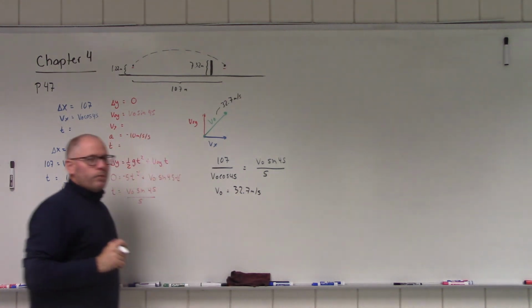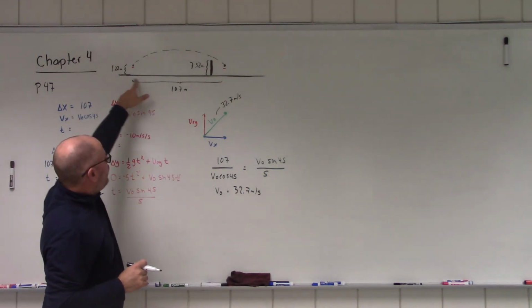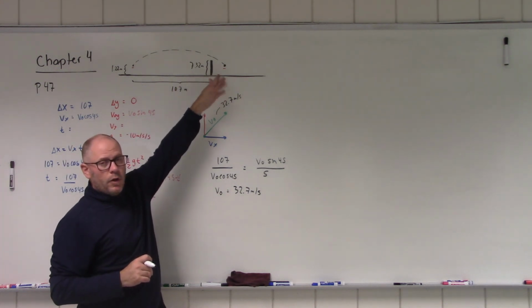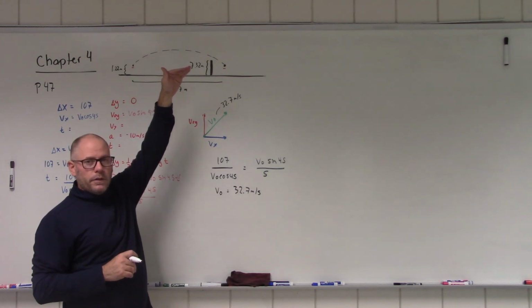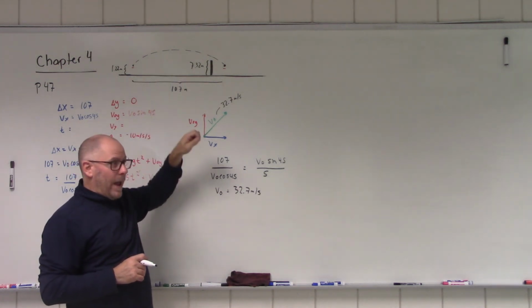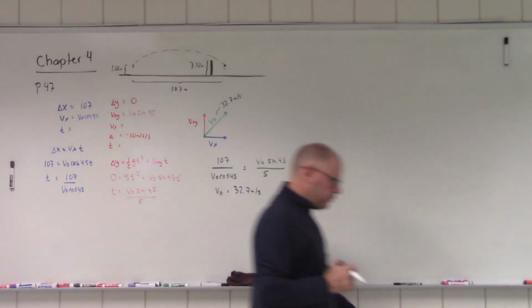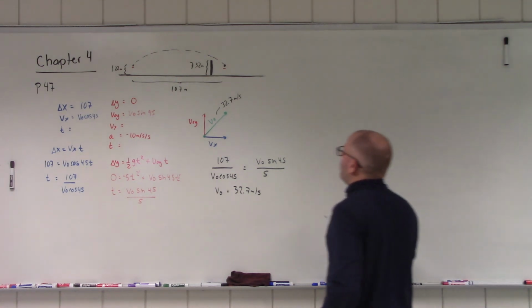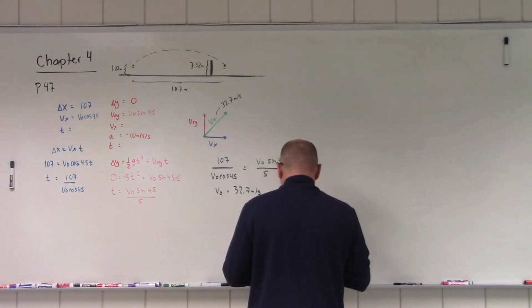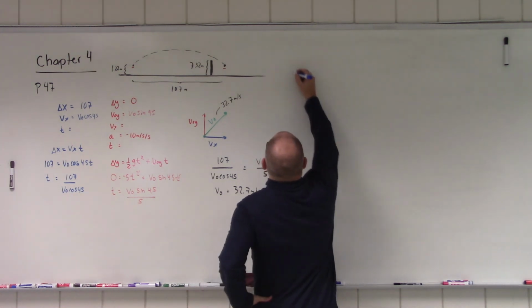So what we're going to do now is we know the horizontal distance to this. We know the vertical distance, so we're going to ask the question, what is the vertical displacement when the horizontal displacement is equal to 97.5? So basically what we have to do here is we have to do a whole another vertical and horizontal. So